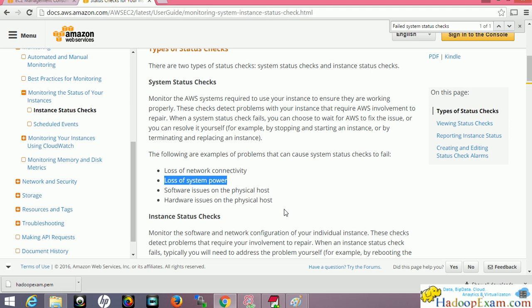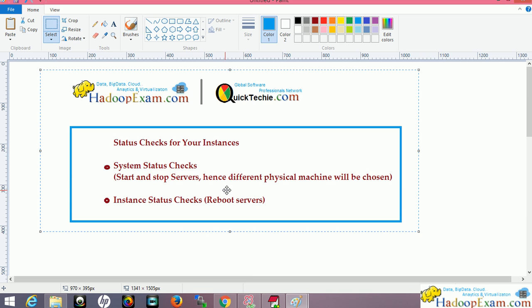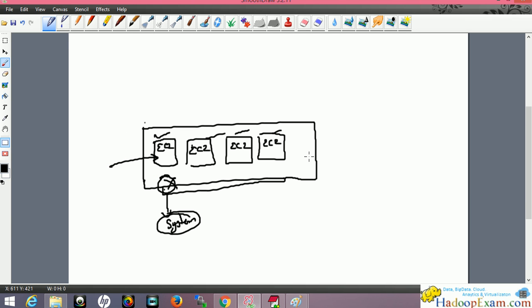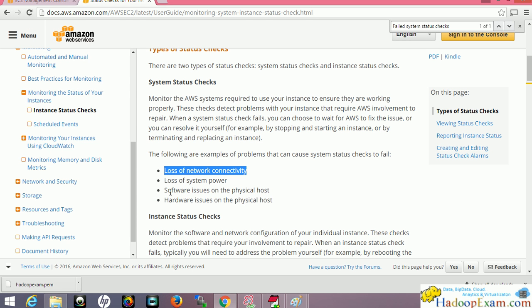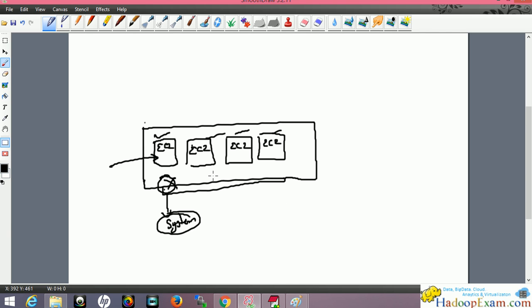That is part of loss of network connectivity. You could lose network connectivity because of some hardware failure on your physical machine. Loss of system power: wherever this physical server is hosted in an availability zone, there is a power issue, correct? Software issues on the physical host also come under this, like the software needed to run your EC2 instances connecting with the hypervisor.